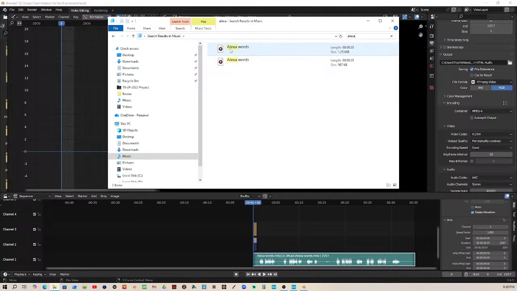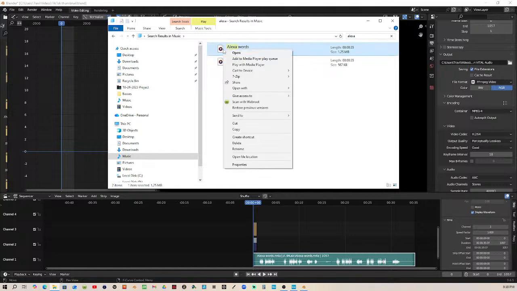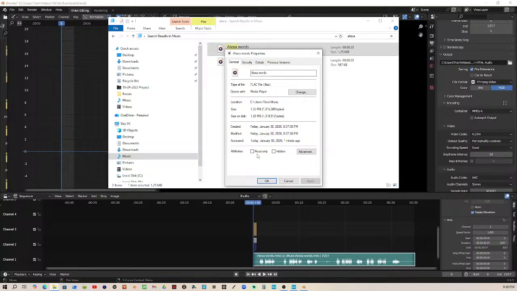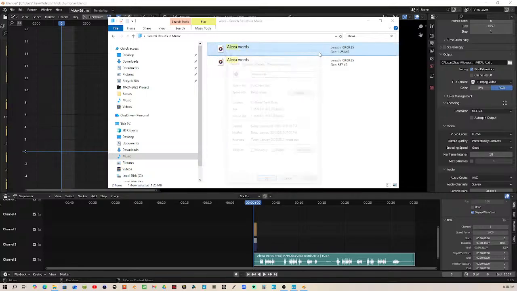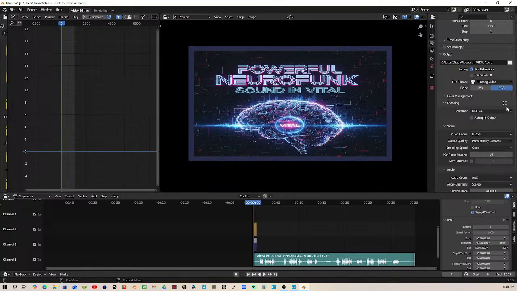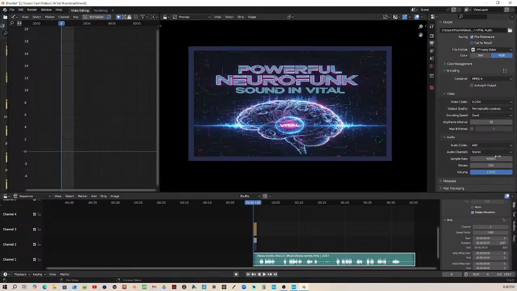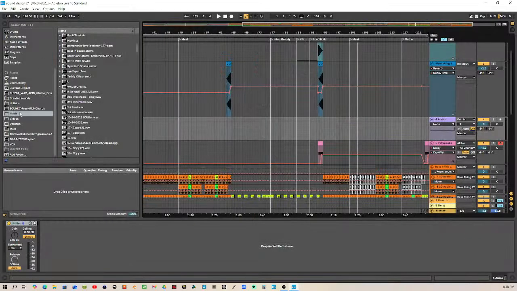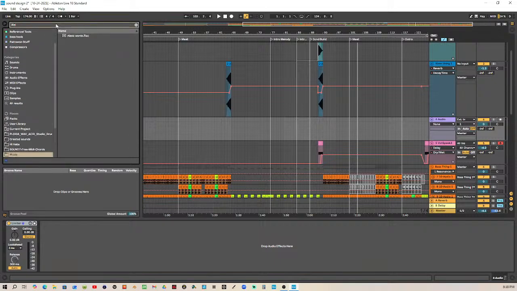One is a FLAC, right? Okay, so that's cool. So it's FLAC. I think it's 48 kilohertz sample rate. So that's over the top. Doesn't even need to be that. And then there we go. Now we come back over to here. Boom, bang, bam. It takes a while sometimes for it to get recognized by Live. And so you'll just type in Alexa. And there it is there, Alexa words.